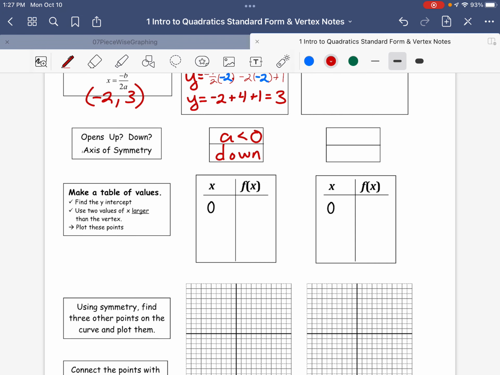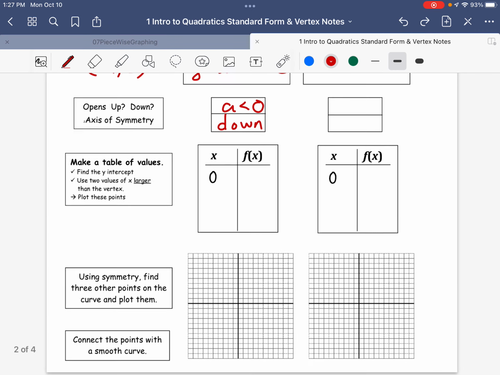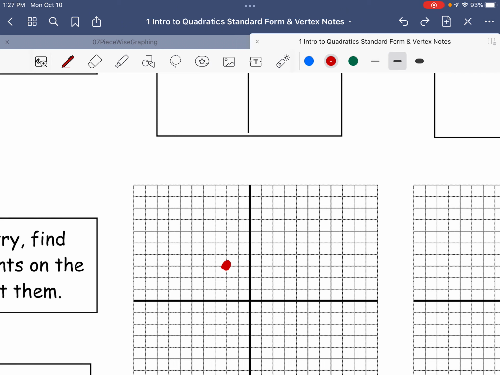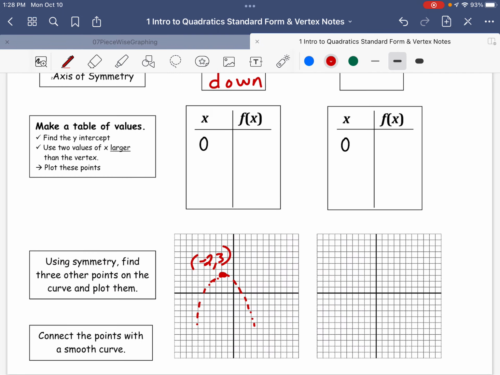Now, at this point, sometimes students will think about getting ready to graph the parabola. Sometimes, however, students will still want to jump into making a table of values before you do anything with the graph. But I just want to show you that if I have the vertex at negative 2, 3, and I know that my parabola is going to open downwards, I actually know quite a bit about this graph already. And again, that's based on just the vertex and the fact that the graph opens down. Now, I don't want to just sketch a graph that's opening down. I want to end up with